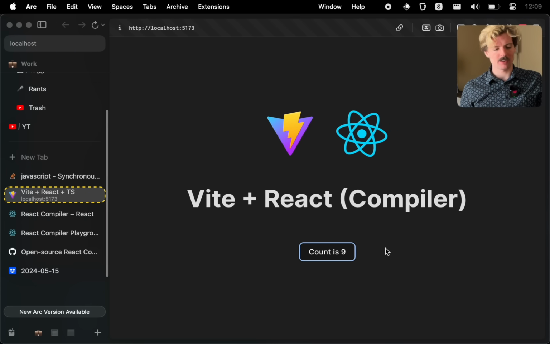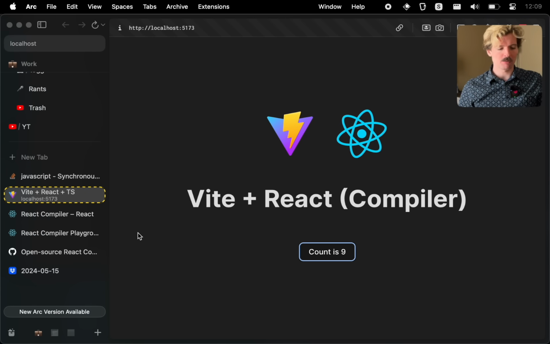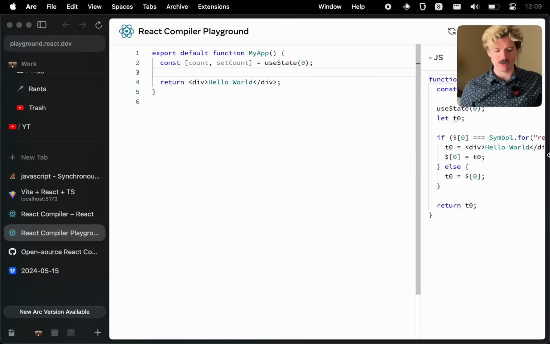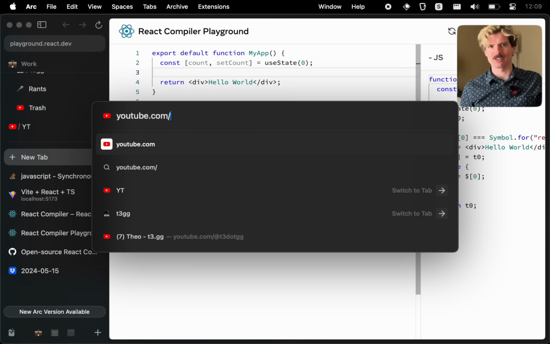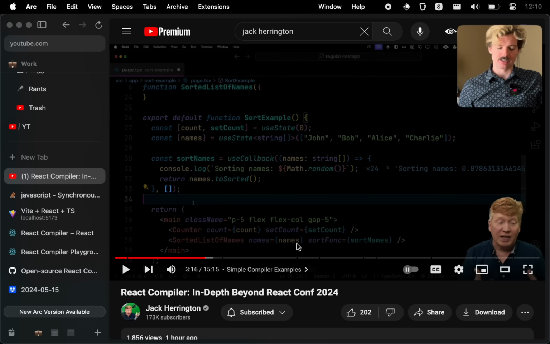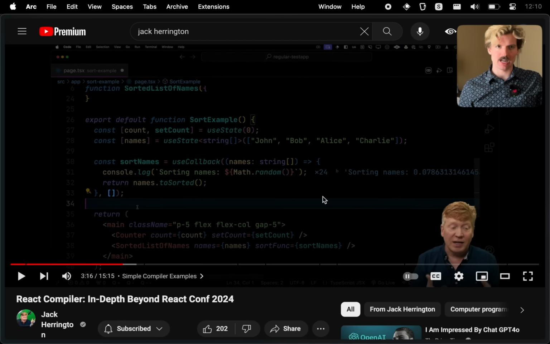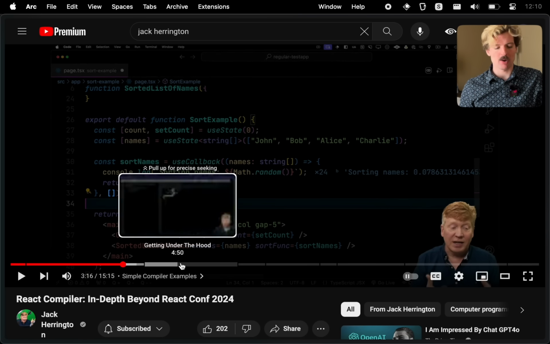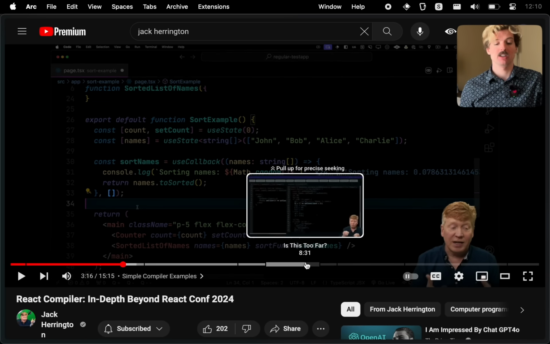If you want to see how these things work and play with them now, you can go play with the React compiler playground, which will show you these outputs. But I have another recommendation that I think is really good. Jack Harrington actually got early access to the compiler, which I'm hyped about because he was able to do a really cool video breaking down how it works and what the value is of it. But it mainly is meant to showcase different examples and use cases where compiler makes things better, sometimes even makes them worse. Definitely check out his video if you want a deep dive on what this looks like to use,